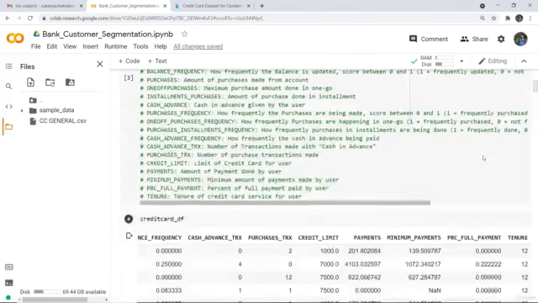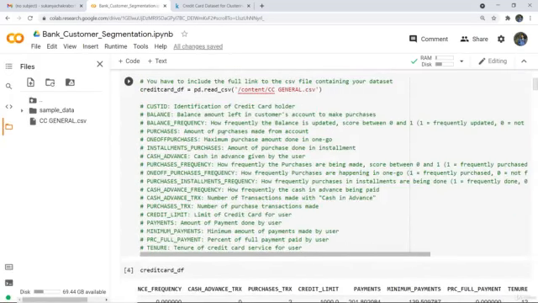So these are the things which are there, and this is the description of that given here also. Customer ID is nothing but the identification of the credit card holder, that is, who is the holder of that particular card. Balance is the balance amount left in the customer account to make purchases. Balance frequency is how frequently the balance is updated, and that completely depends on the purchase or transaction history. Purchases are the amount of purchases made from that particular account, we can say from that particular card.